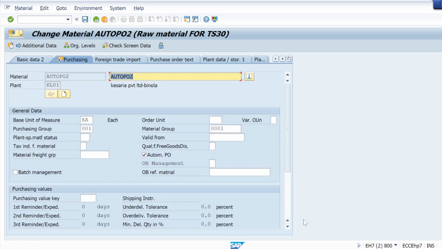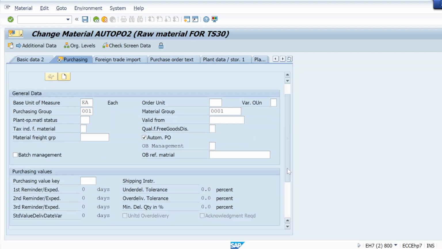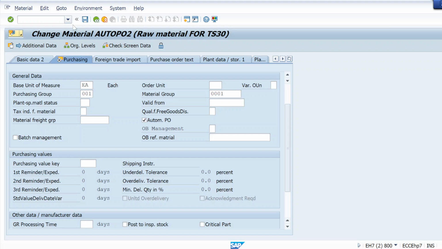So here in that purchasing view, see, auto PO is selected. Yes, it's fine. Same I will do with the supplier.